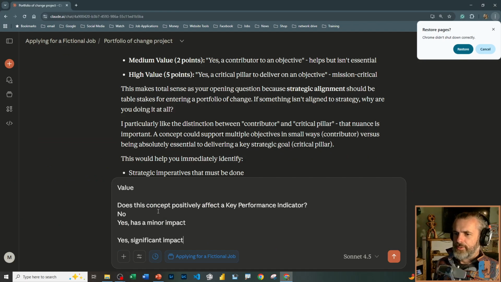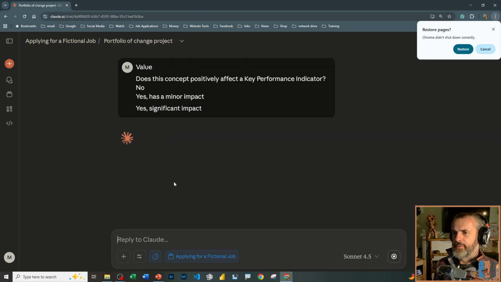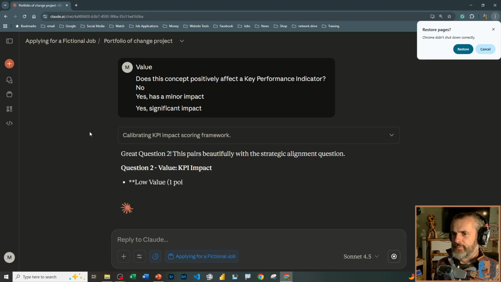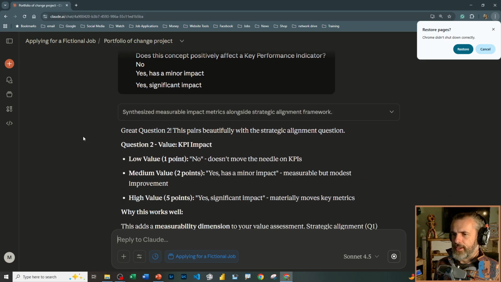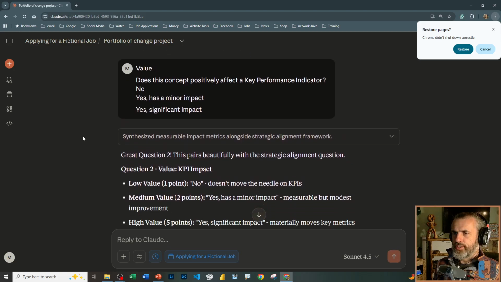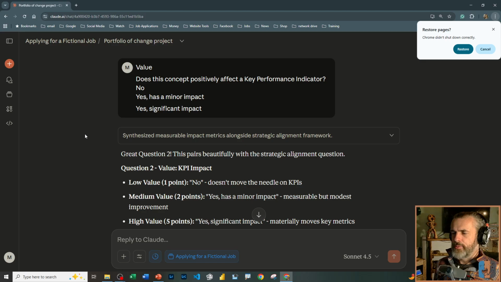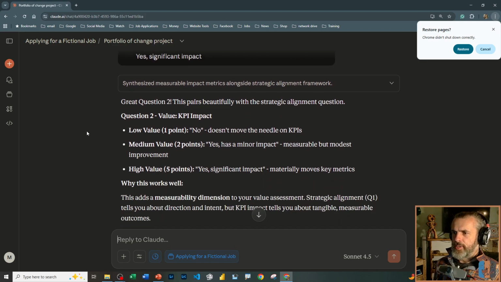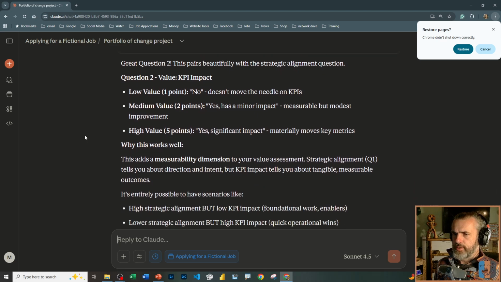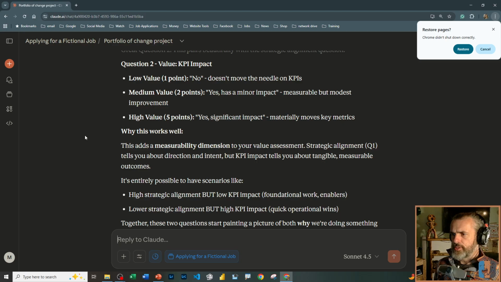Question 2. Does this concept positively affect a key performance indicator? This pairs beautifully with the strategic alignment question. KPI value impact: no, it doesn't move the needle on KPIs; yes, it has a minor impact; it has a significant impact. This adds a measurable dimension to your value assessment. Strategic alignment tells you about the direction and intent, but the KPI impact tells you about tangible